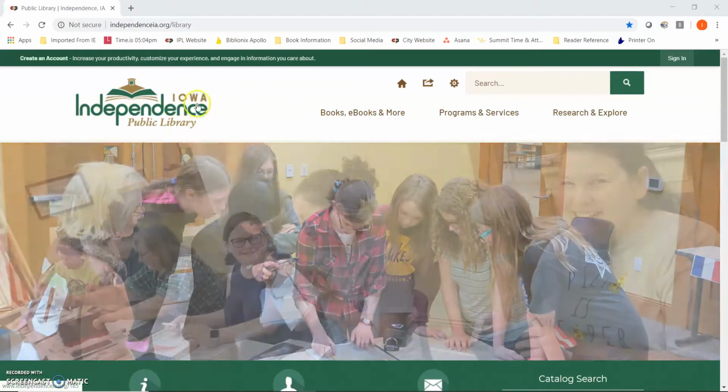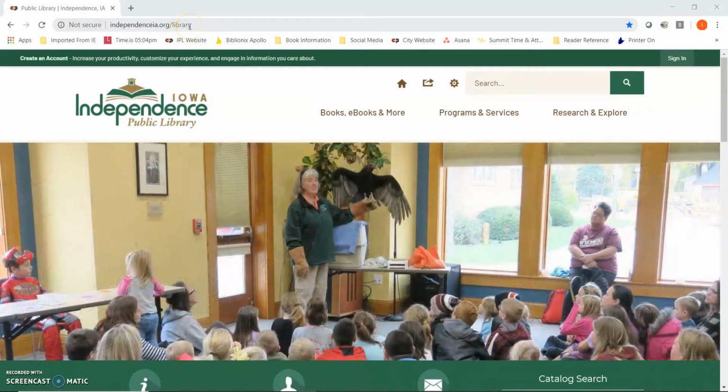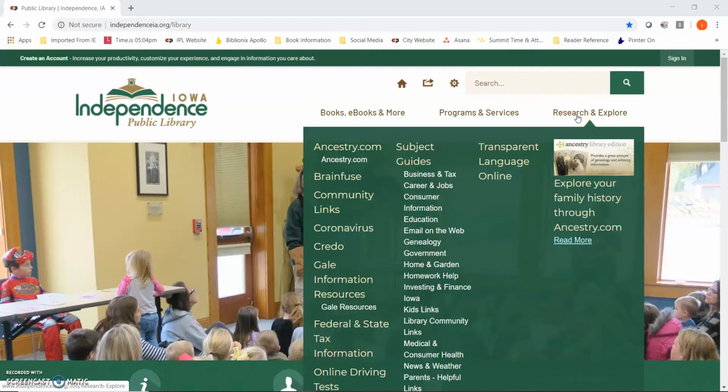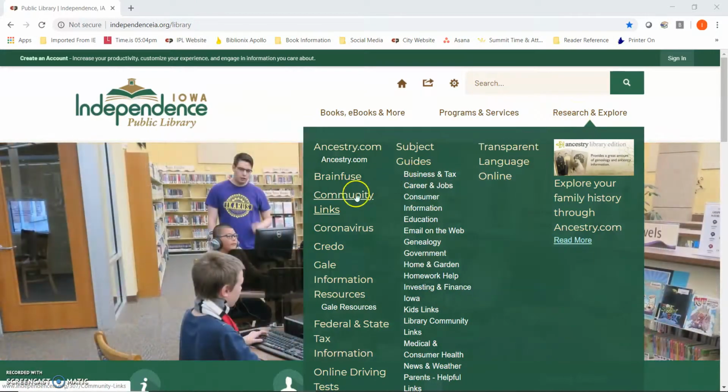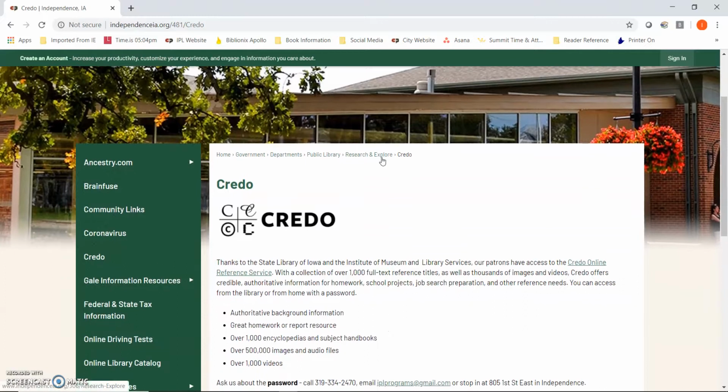So here we are at the Independence Public Library's webpage. Our webpage is www.independenceia.org/library. So we're going to start by going over here to Research and Explore, and under this tab, on the far left, we'll see Credo. So we're going to go ahead and click on that, and it'll take us to this Credo information page, where